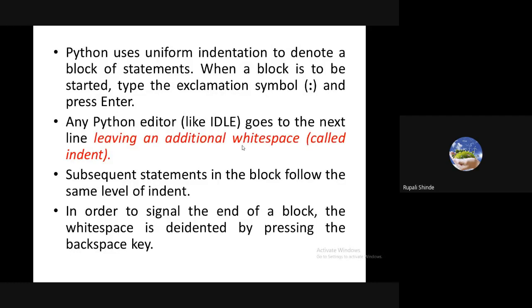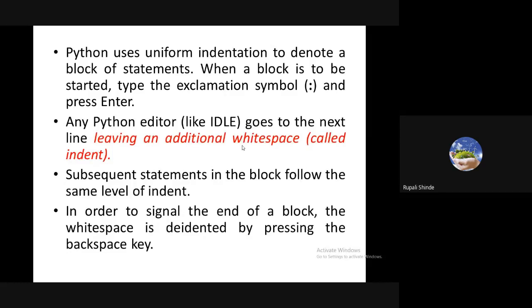Whenever we write a colon and hit the enter key, your pointer goes to the next line and gives some additional white space. That is nothing but the indent. Subsequent statements in the block follow the same level of indent. Whatever statements we write in that block, all follow the same indent level.